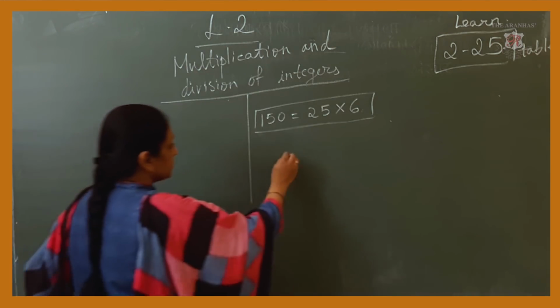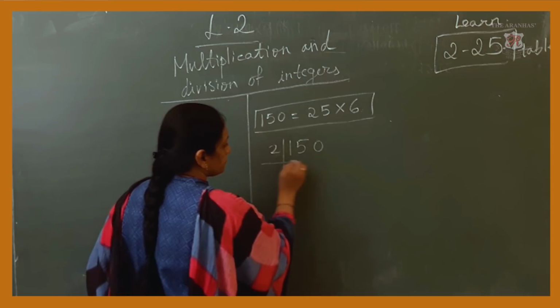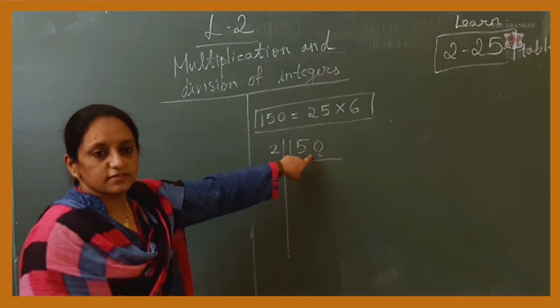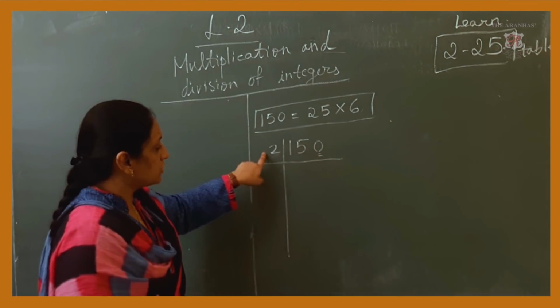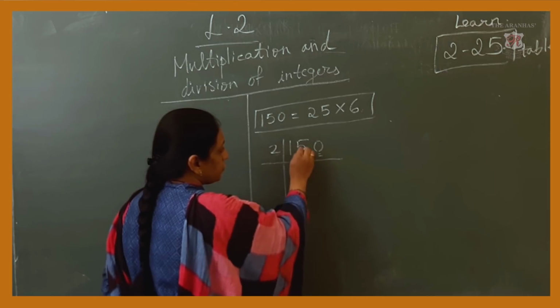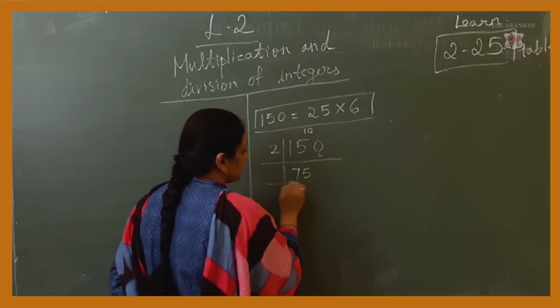Prime factor: if you take the prime factors of 150, you start with 2, because in the end there is 0. If the last digit is 0, 2, 4, 6, or 8, that number goes in the 2 table. So now I start dividing 150 by 2. 2 sevens are 14, 1 and 0 is remaining. That means 2 fives are 10.